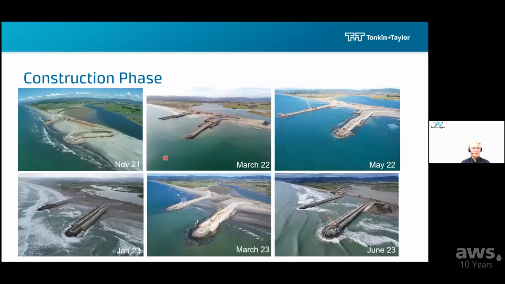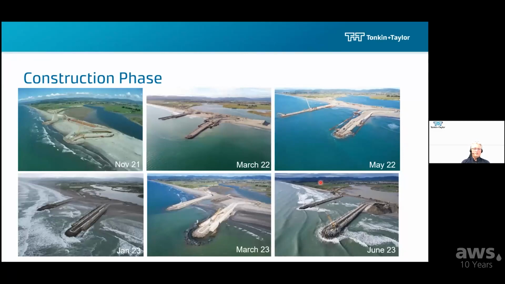And you can see how construction progressed here. Ultimately, in June of this year, we had just a thin causeway between the two training walls, with all our access for construction coming from the eastern side, which is sort of the left side as we're facing it here. We're facing roughly southeast in these photographs,